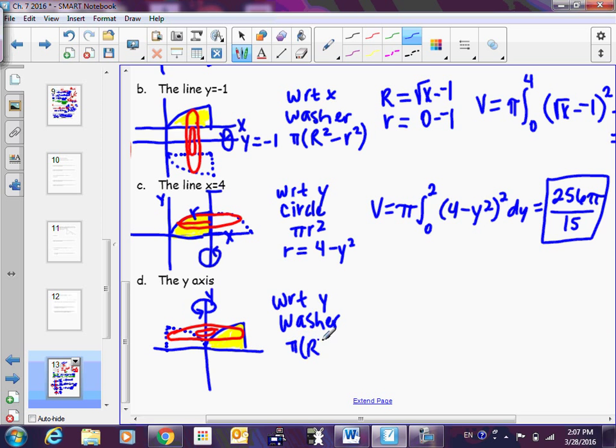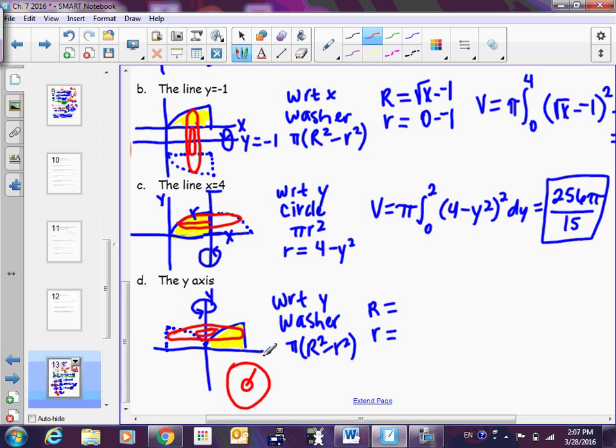That's half the battle, just knowing it's a washer. The other half is figuring out big R and little r. Neither one of them is going to be 4 minus y squared. I'm going to use 4, and I'm going to use y squared, but one's going to go with one and one's going to go with the other. So if we think about this washer,